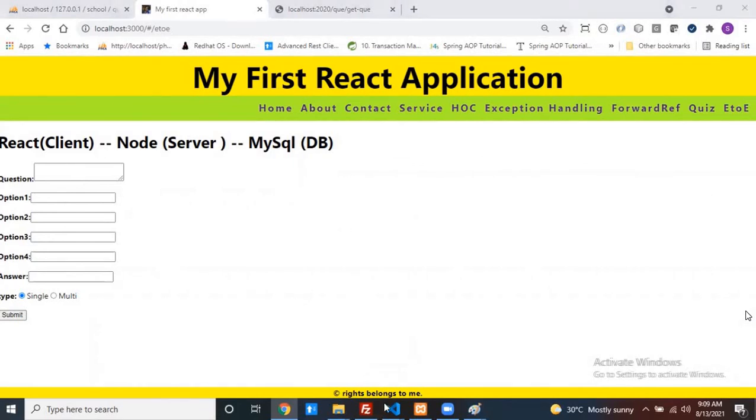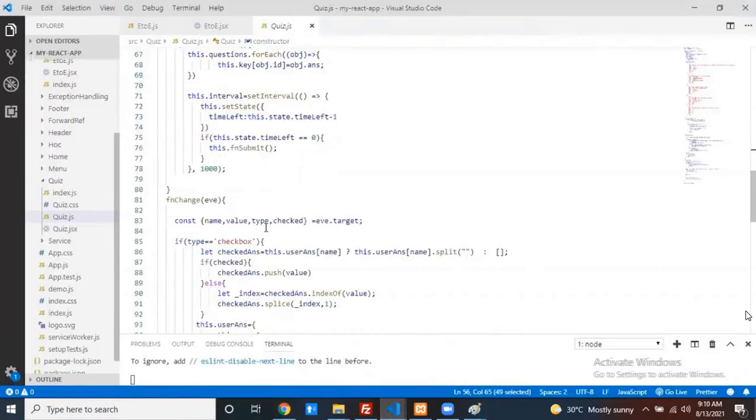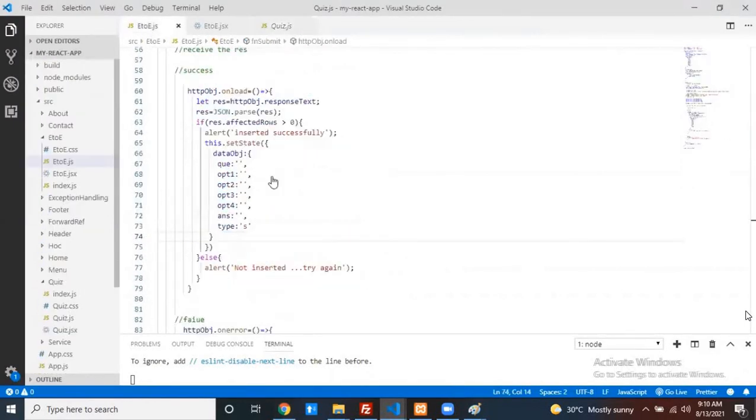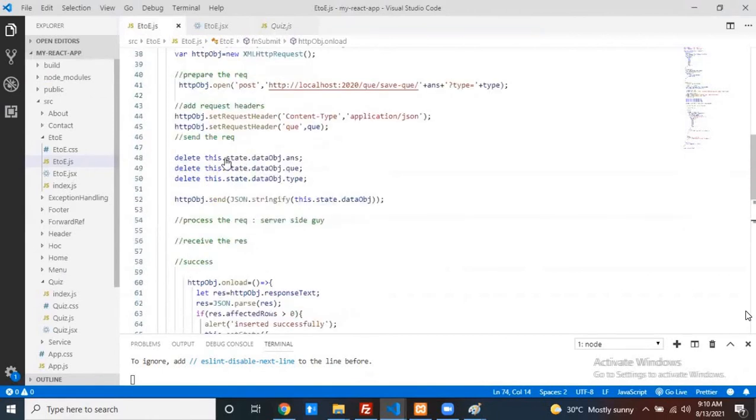Here I have an object. Now come here. This is my object, this.state.data object. I don't want to pass this data in object format. Why? Because I pass answer, question and type as query parameters, and some as headers and some as path parameters. I want to delete it. This.state.data object is an object. How can we delete a property? this.state.data.answer is my property. We have a keyword in JavaScript, just use the keyword as a prefix to delete that particular object property.